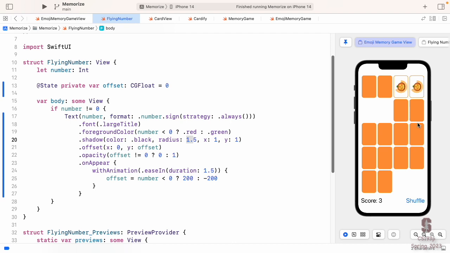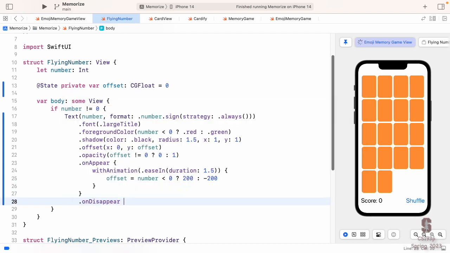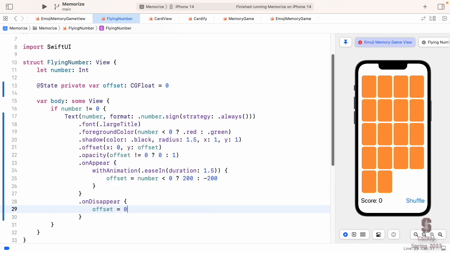When this happens the next time, you set the offset and it's nothing, the offset is not changed. So we need to, on disappear, when we disappear, set the offset back to 0. And we don't have to animate it or anything because it already will have faded out. So we're not going to see it anyway, even if we animate it. So we'll just reset our offset to 0.